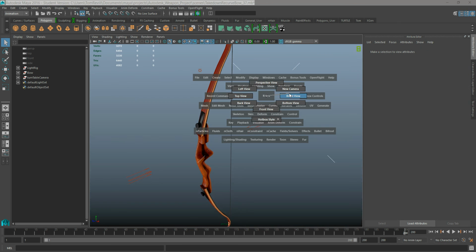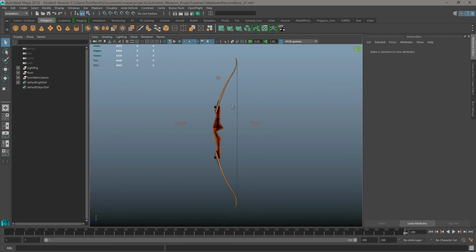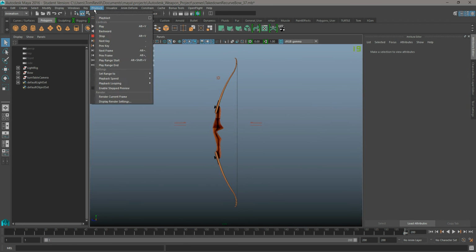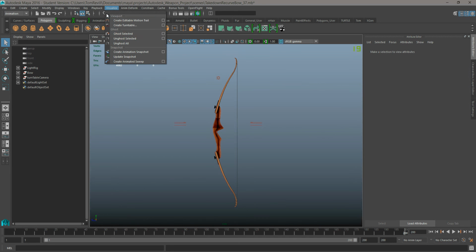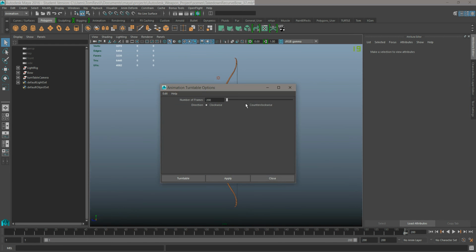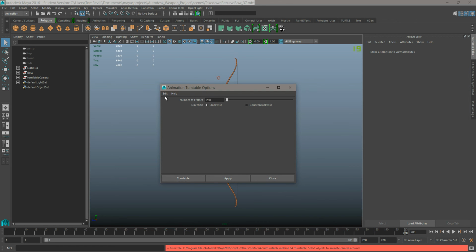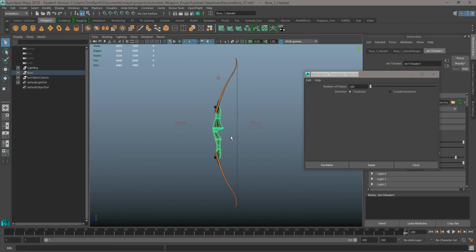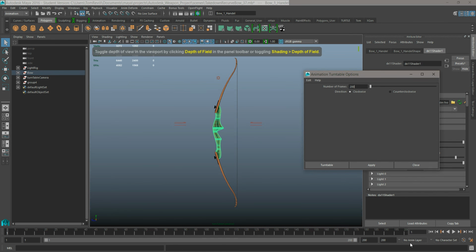What I'll probably do is snap to my right view, line it all up, and then I'll just go Visualize, Create Turntable, go like this, and choose the frame range, and I'll make sure it's 200 and 200. Turntable, fantastic. And just need to select this section here, apply,